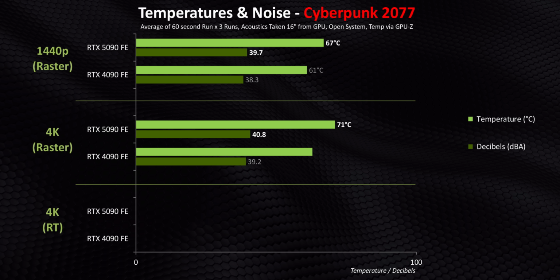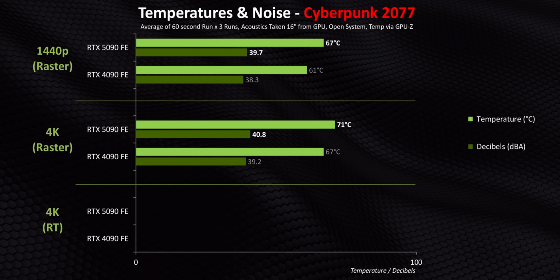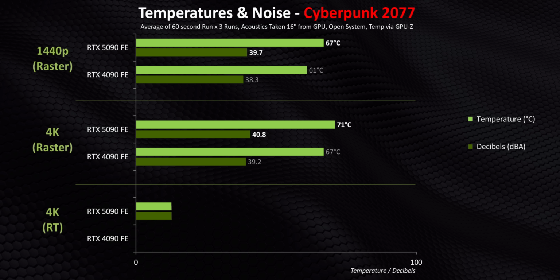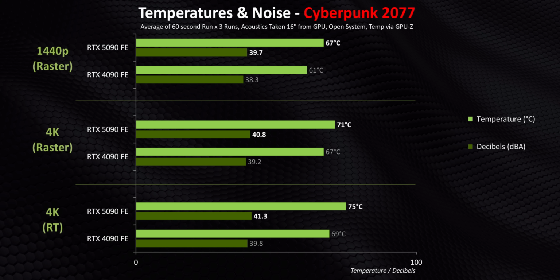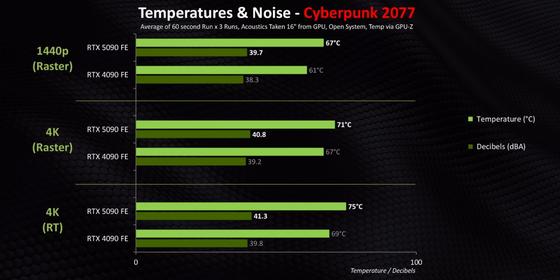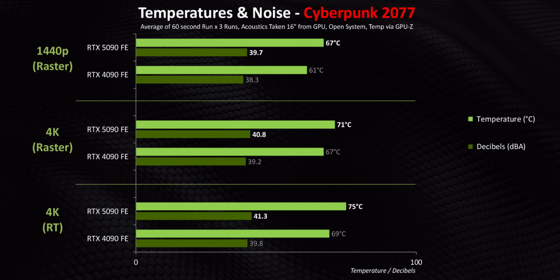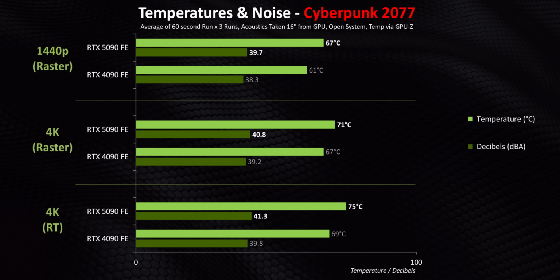Even when power needs are kicked up by a significant amount at 4K, the card keeps to roughly the same temperatures as a 4090, though there's definitely a correlation between a higher resolution and increased heat and noise. And finally, pushing things to the absolute max, while the smaller dual slot RTX 5090 did get hotter than the 4090, it wasn't by all that much despite having a massive size difference between the two cards. And yet there is a trade-off here. The 5090 did get louder,